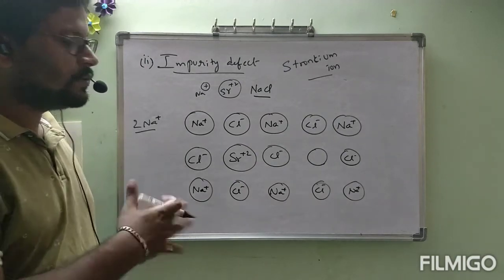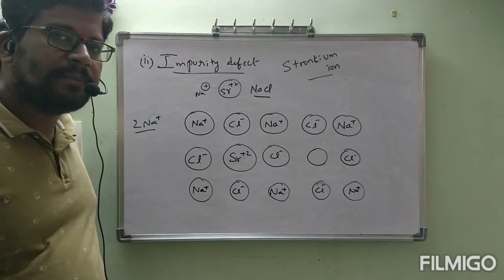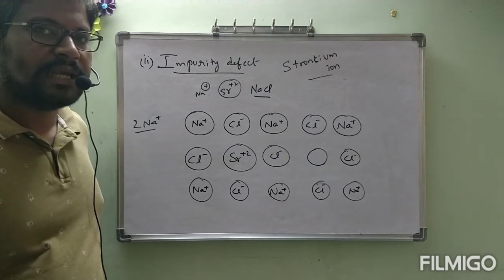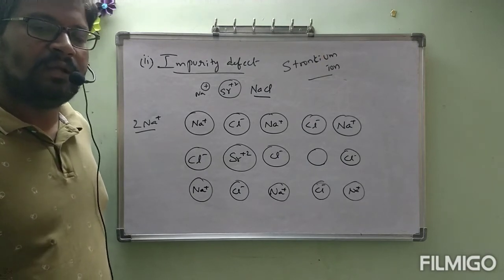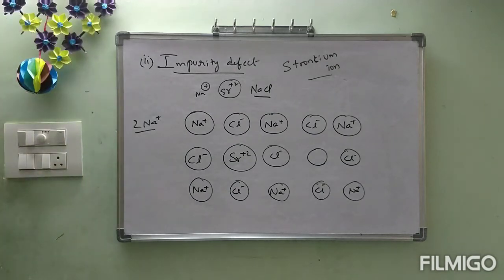Okay? This is simple. Impurity defect is over. So we are left with only one type of defect, that is non-stoichiometric defect. Let us see that non-stoichiometric defect. Before that, I hope you are all clear. Everything was explained by taking examples, right? Correctly, we are left with non-stoichiometric defect. If you complete that one, this chapter is going to be completed.